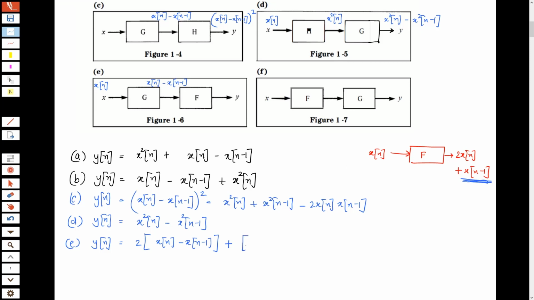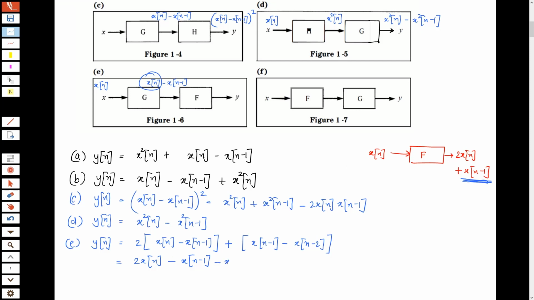That means the first term shifted by 1 unit minus the second term shifted by 1 unit. So x[n minus 1] becomes x[n minus 2]. Let us open this bracket. So you've got 2x[n] minus 2x[n minus 1] plus x[n minus 1]. That would give us minus x[n minus 1]